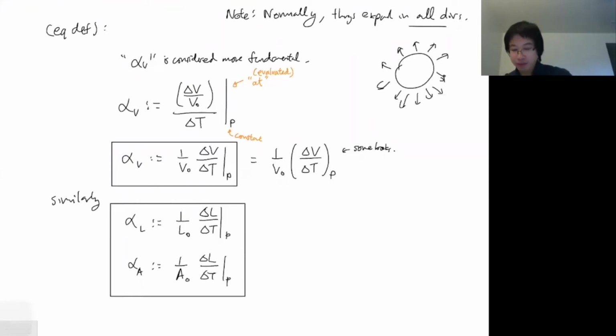So out of these, the most common ones to use are actually either the volume or the linear one. The area is also used, but if I want to tell you which two are more important, these two are more important. In fact, so much so that some books, including